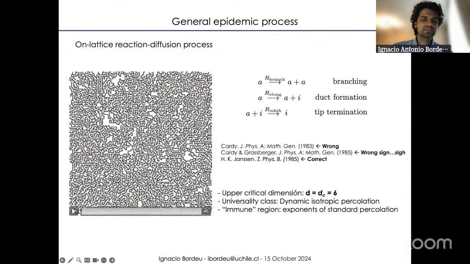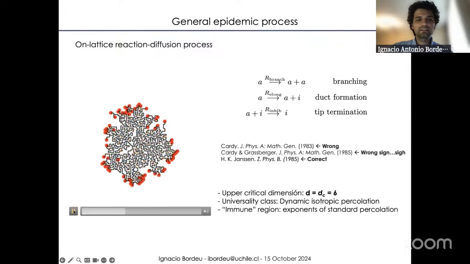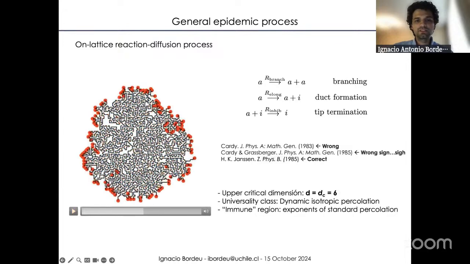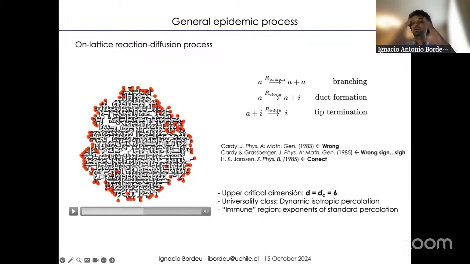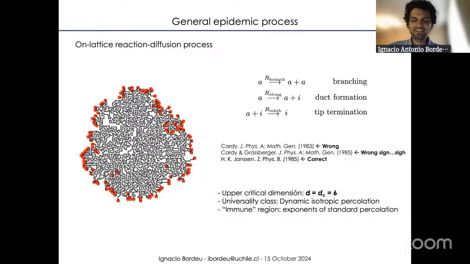And you end up with a process, well, the dynamics is quite fun. Again, of course, you see this ductal network formed, and you see this front of active particles propagating. And what has been shown, and we've continued studying this from a statistical field theory perspective, is that, well, this model first, because of its interactions and the branching in particular, has an upper critical dimension that is 6. So it's actually mean field works from 7 and above. But because we're in the supercritical regime, so our processes always explode, we're safe on doing mean field in lower dimensions. But what's interesting is that the growth process falls in the universality class of dynamic isotropic percolation, and